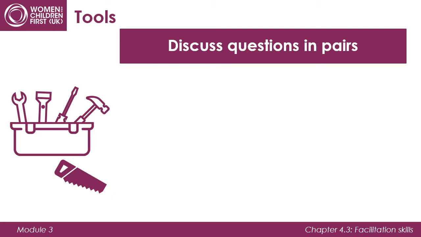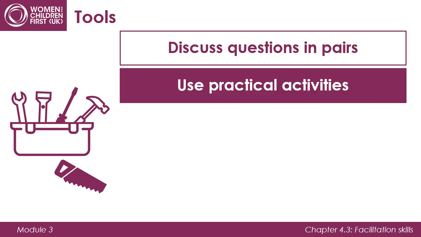In addition, a facilitator can either ask people to discuss questions first in pairs, which will make it easier for them to share their thoughts and ideas. Use other practical activities such as mapping, ranking, timelines, or drama to help people express their views. Shy participants might feel more at ease sharing their thoughts and ideas through such practical activities or through drama, where they are acting out a scenario rather than speaking aloud in the group.